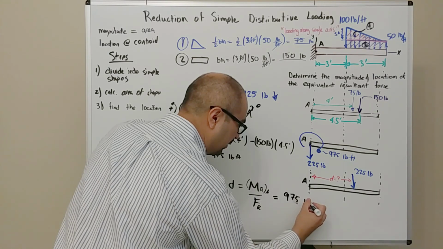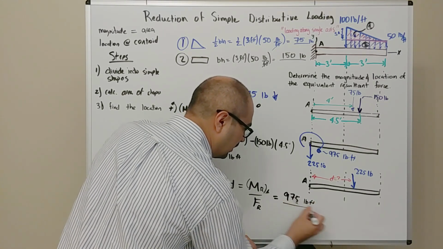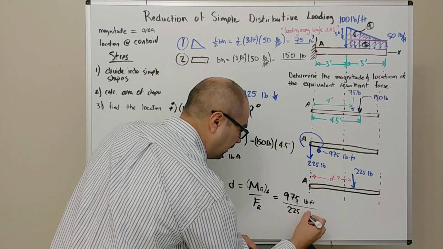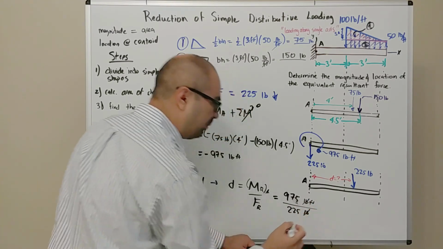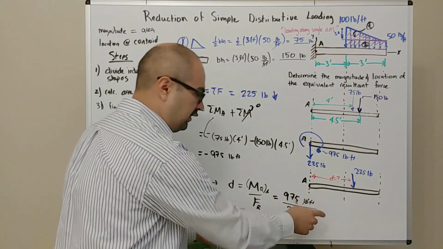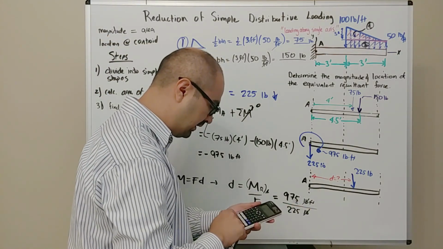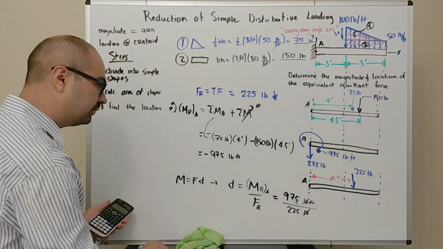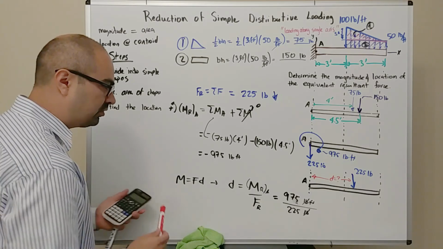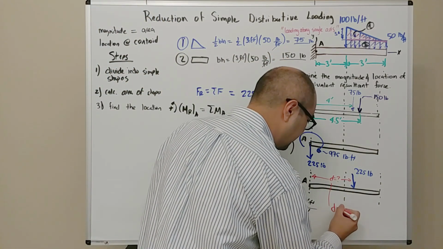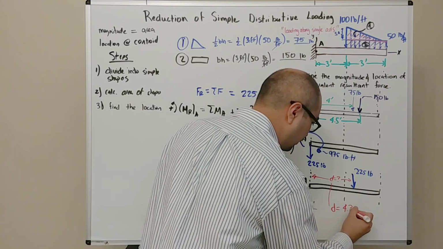It has units of pound feet, divided by the resultant force, which is 225 pounds. Here, pounds cancels with the pounds, and our answer is just going to be in feet. So we take 975 divided by 225, and we get a distance of 4.333. So this D here, this distance, is 4.33